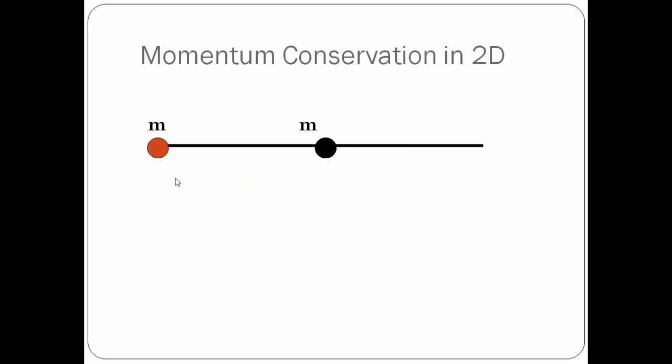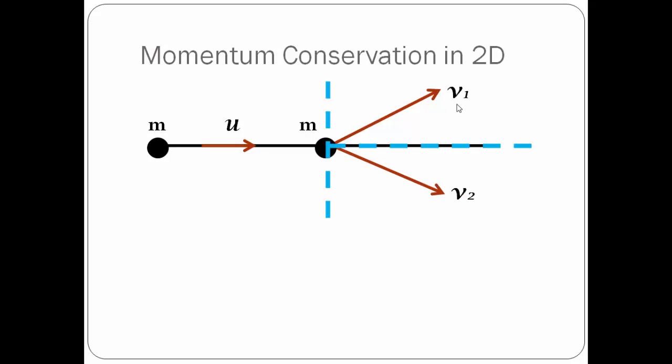Now, conservation of momentum in 2 dimensions. So if you consider 2 objects both having mass m, the first object collides with the second one at an angle. As a result, they move in the xy plane. So if you consider the xy plane here, along the x-axis where the objects were initially situated, and then the motion in the xy plane. So the first object was moving with speed u. After collision, here we have speeds v1 and v2,